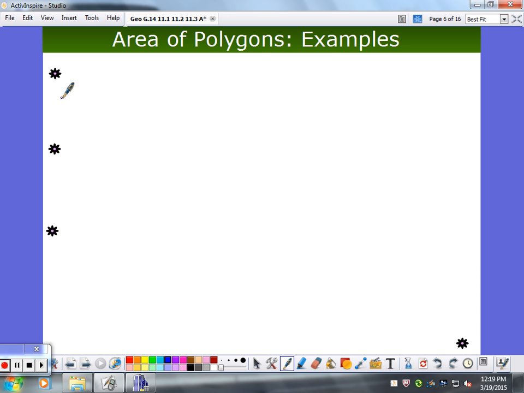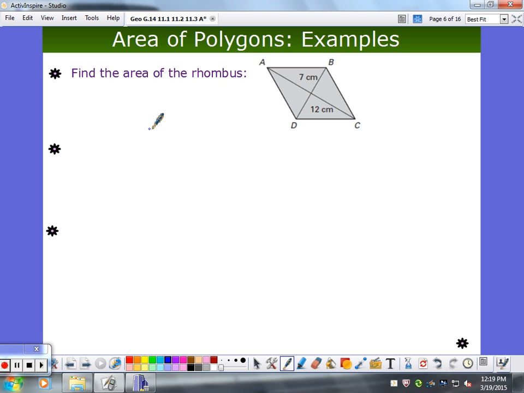Okay. Other examples here. This is a rhombus. The area of a rhombus, this is the new one that's not on your formula sheet, so you're going to have to know this one. 1/2 d1 times d2, the diagonals. And again,